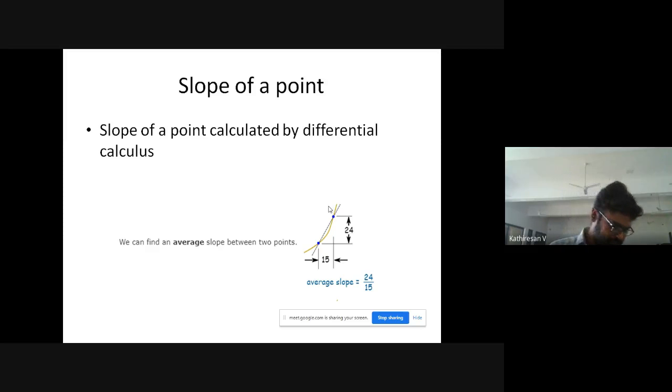Okay, how do you find the slope of a point? See, slope between two points we can calculate. See, this change in y is 24, change in x is 15. So 24 by 15 we can calculate as the slope between 2 points. Now our intention is we have to find the slope of a point. Why are we finding the slope of a point? The reason behind finding the slope of a point is